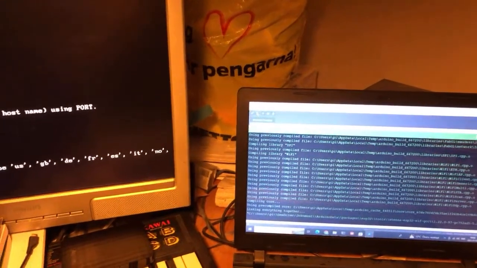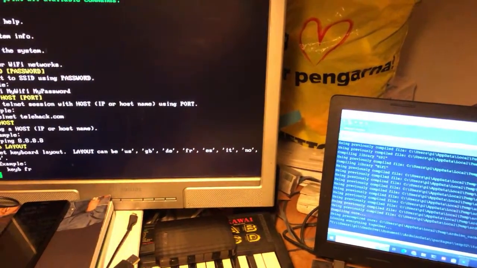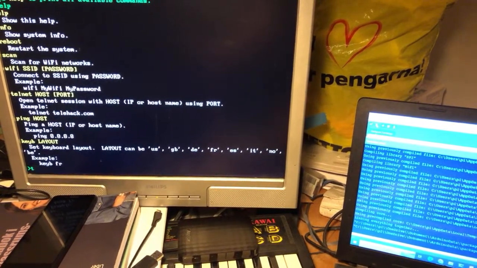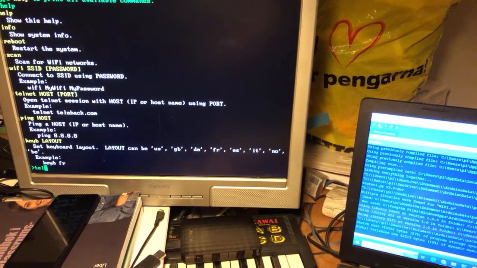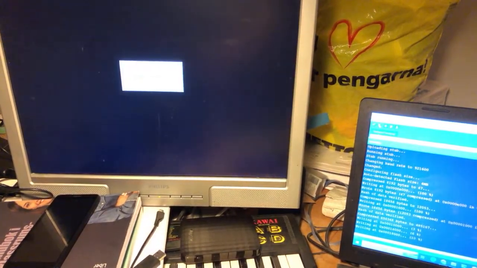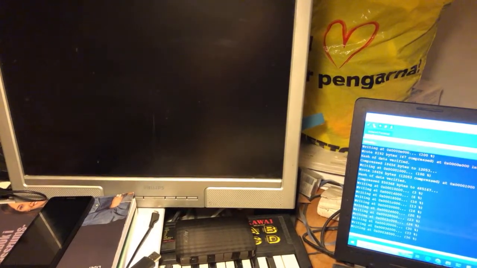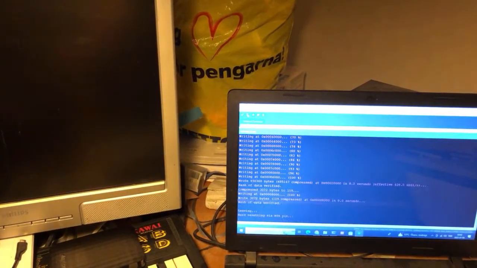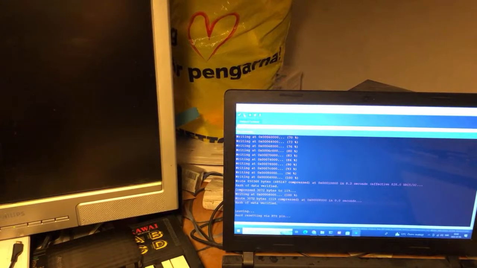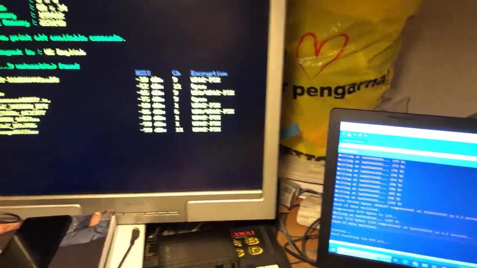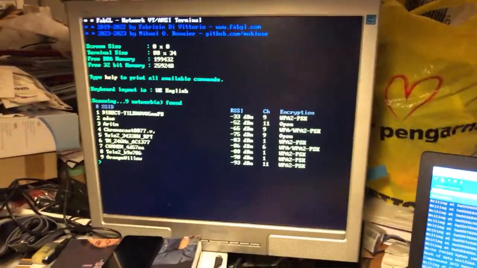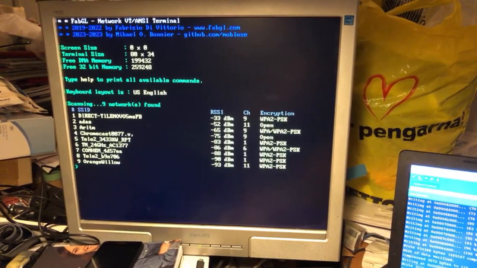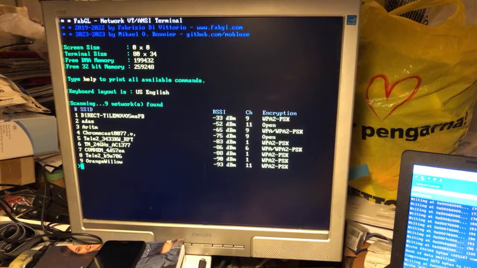Yeah, so while that is compiling, I could log in here to this, oh, what's happened now? Okay, it's uploading it now, so we have to wait. Okay, it was faster than I thought. But now this has rebooted here, and then it scans networks here in the neighborhood, and I can look here at help,